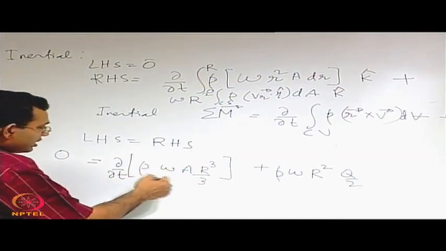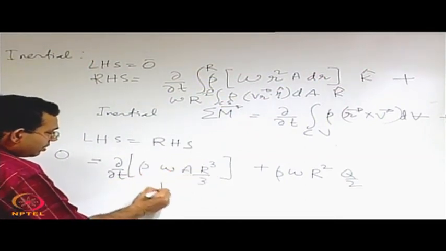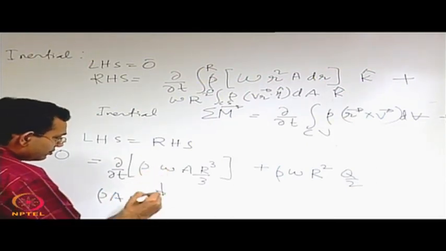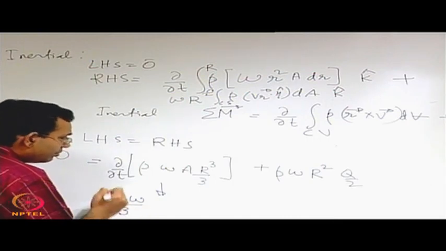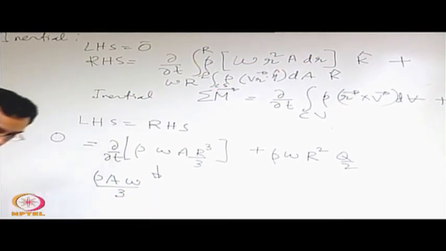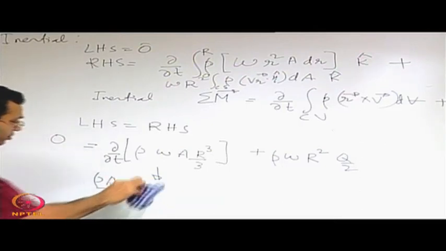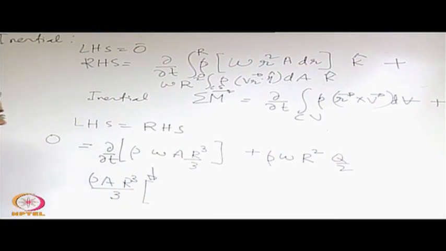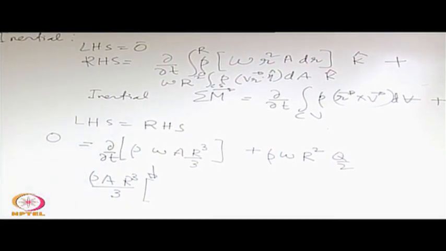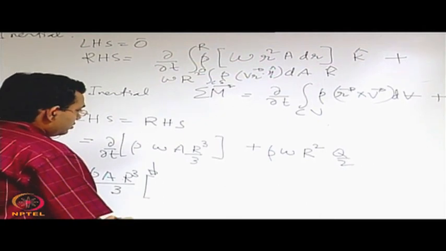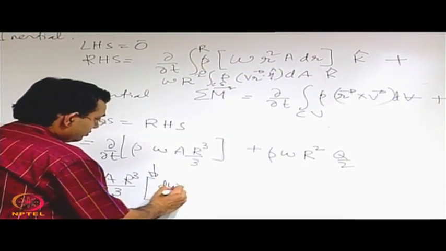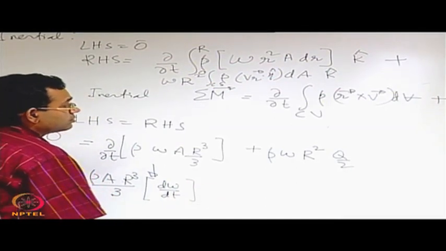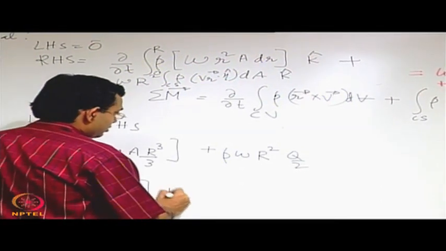Now, rho being constant, a being constant, r being constant, but omega is not a constant. So, you have rho a r cube by 3, then you have d omega dt